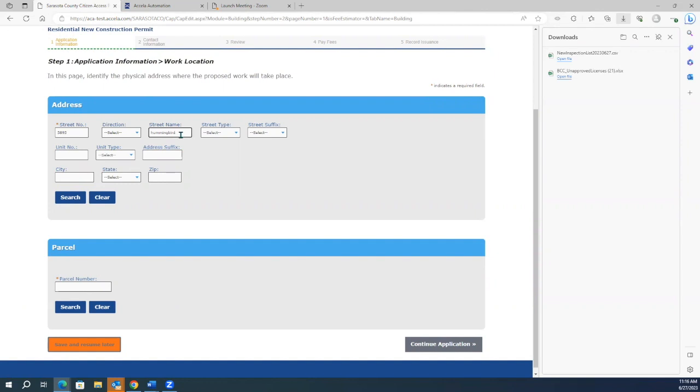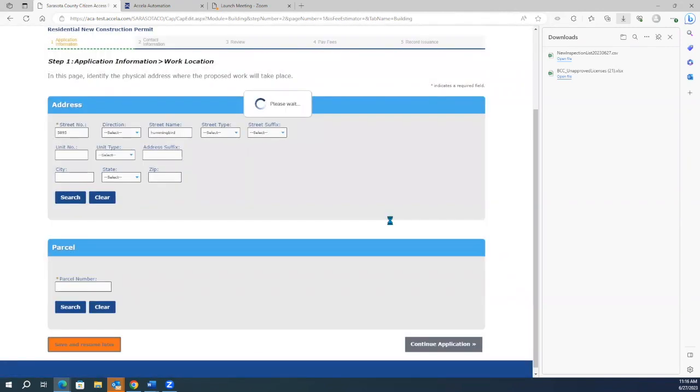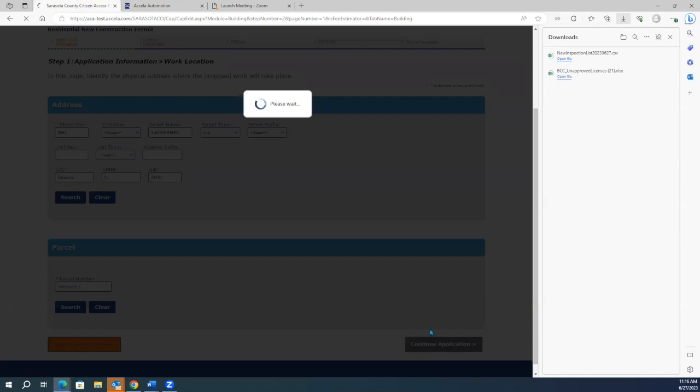We know that Hummingbird is Hummingbird Avenue, but it's doubtful there would be any other 5895 Hummingbird. If there was, you'd get an option to choose the correct one. But in this case, I'm going to go ahead and search. Didn't want to type everything necessary. Saves me some time. And now you can see that the parcel number has been auto-populated based on the address. So everything we need is here. So we're going to go ahead and continue.